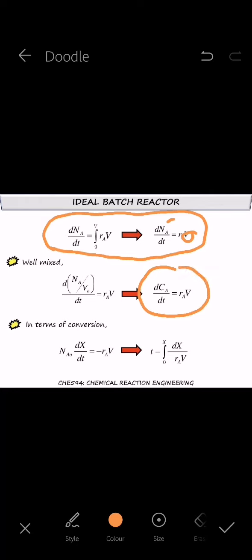Sebab bila you bawa nilai V dekat... oh sorry, okay, sebab bila we assume that it is well mixed, and if we differentiate it,